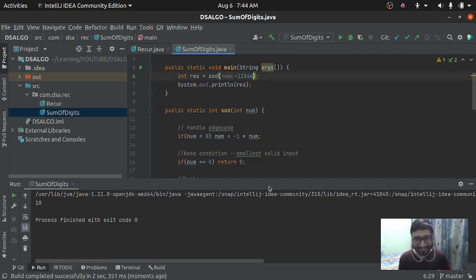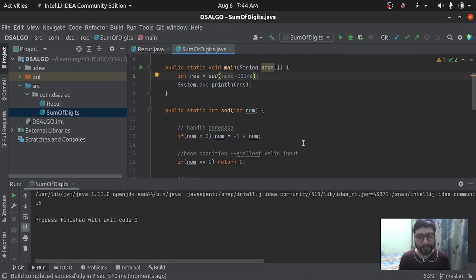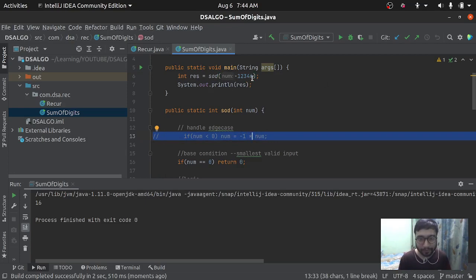So let's say 5. Yeah, 16. I think I missed something because in the last time also I've provided 1, 2, 3, 4. If we don't put this condition as well, if we try to remove this thing, let's see what happens. Yeah, it's giving -16.